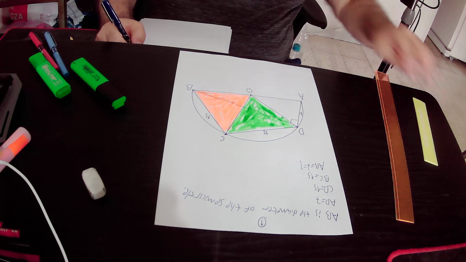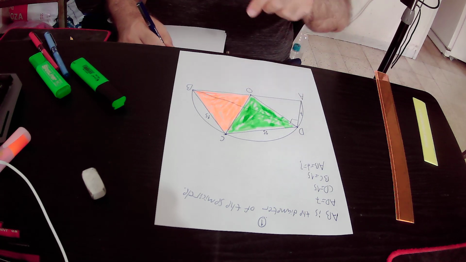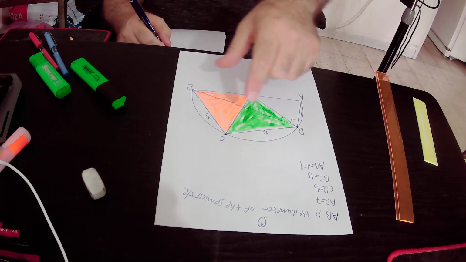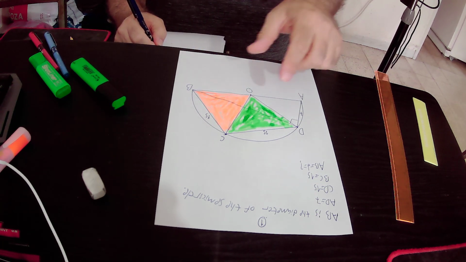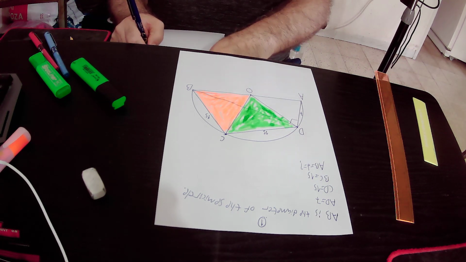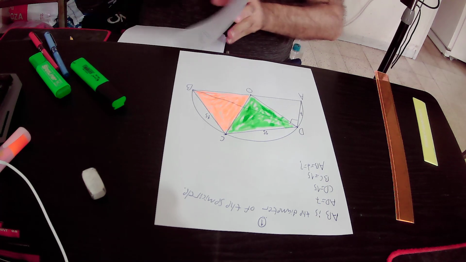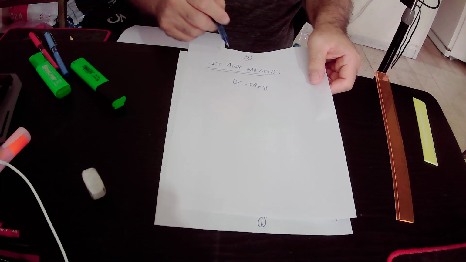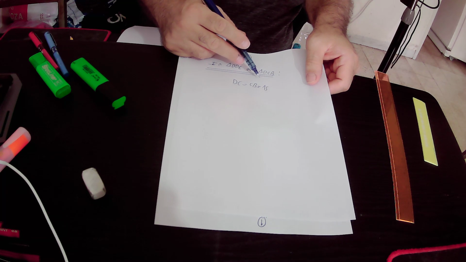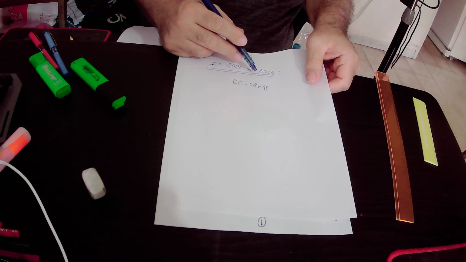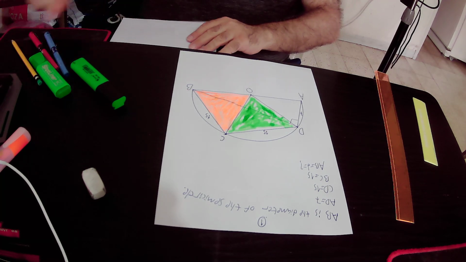So actually side DC of the green triangle equals side CB of the orange triangle. Both those two sides are equal to 15 units. Again, side DC of the green triangle is equal to side CB of the orange triangle. Both of those sides are equal to 15 units in size. And also